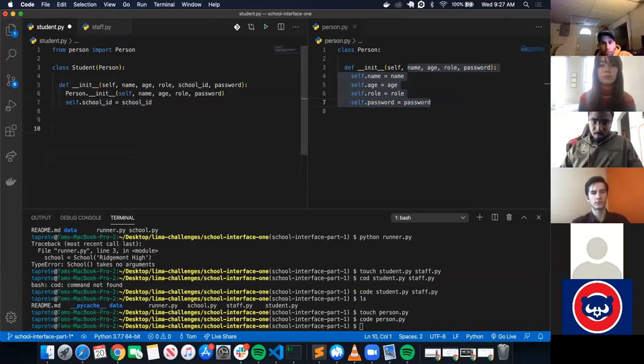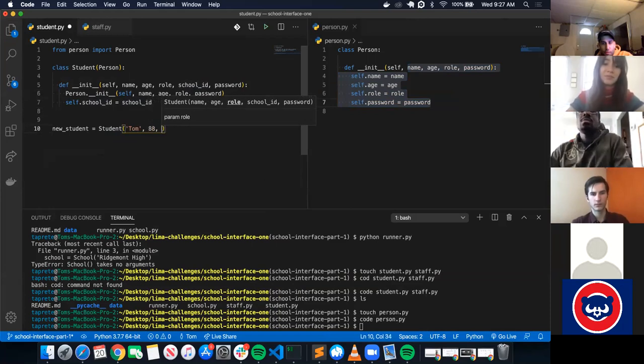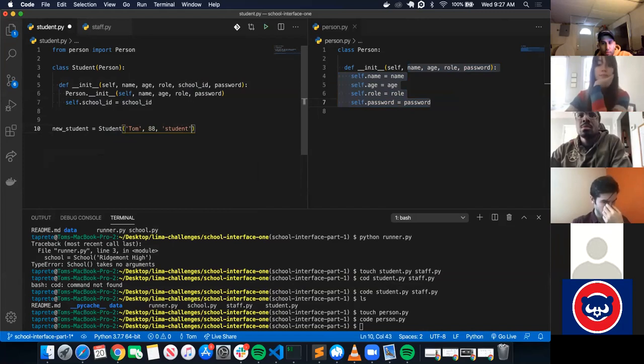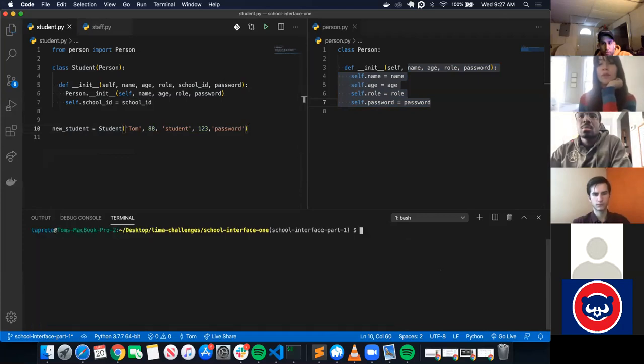Let's test this. I'm going to create a new student. Student equals student. I'm going to say Tom. I'm very old, 88. Role student. ID 123. Password, I'll just do password. Does that make sense? So I'm passing the name, age, student, school ID, and password. So if I actually run the student